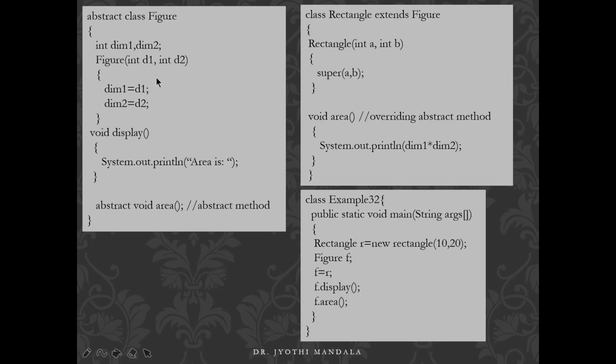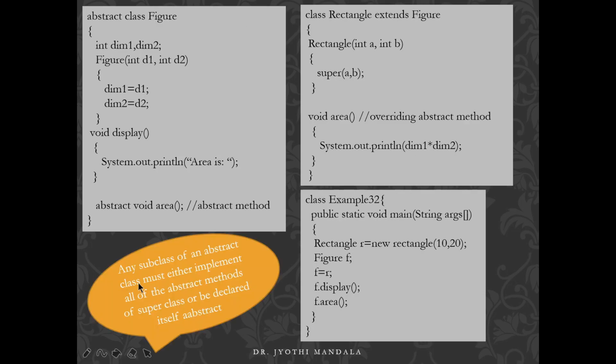So what is the requirement, why are we writing like this? We can simply give the abstract method declarations in the abstract class, and all the subclasses need to define all these abstract methods. But suppose you are having 5 abstract methods and all 5 are not defined in its subclass, let us consider, then this class has to be declared itself as abstract again. That is what is told here.